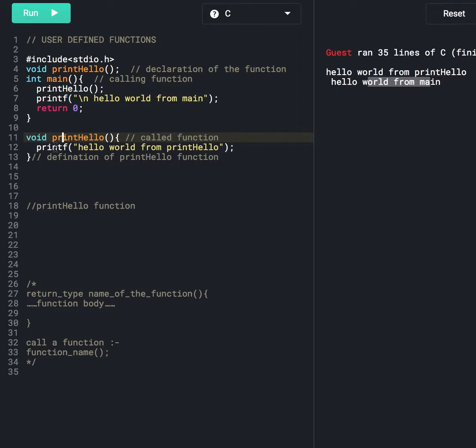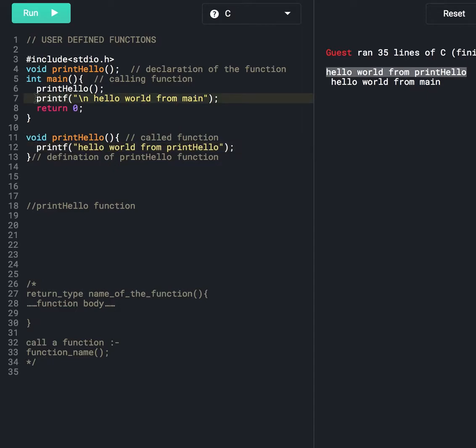In the function body we have written this statement at line number 12. So first this statement will get executed. So the compiler will print hello world from print hello on the screen. See here. After executing line number 12, control flow will again be given to the main function.